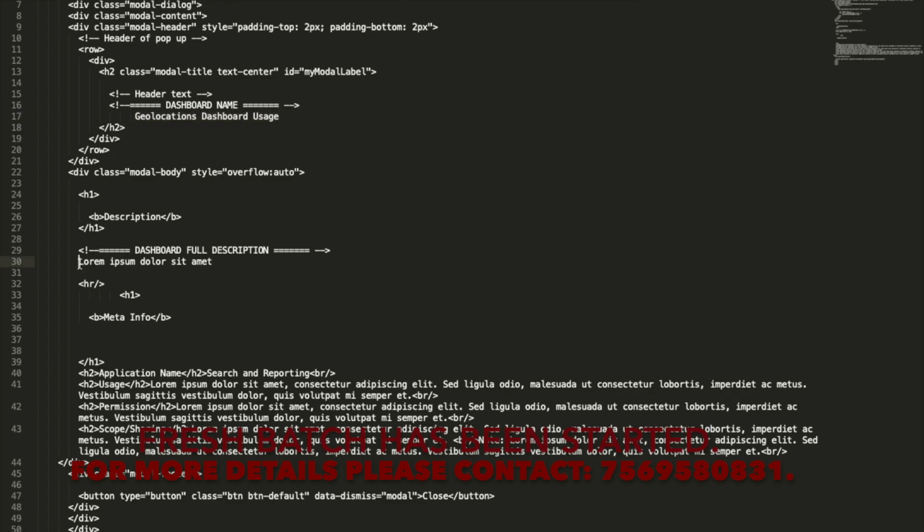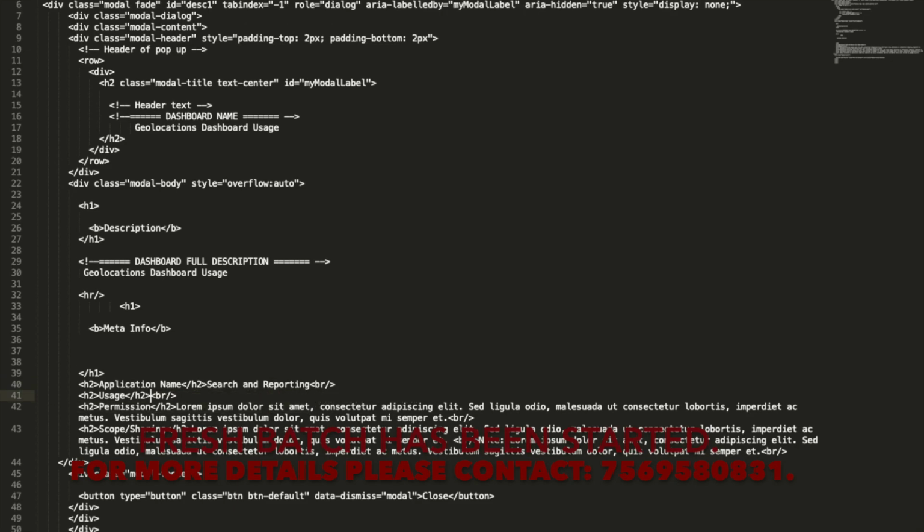Okay, so you can put this one, and again if you come down, the application name you can see it as search and reporting. So you can keep the search and reporting itself. Okay, and again usage, so for usage what we can do, we can always write some actual description of the dashboard. Okay, so I'll be writing as